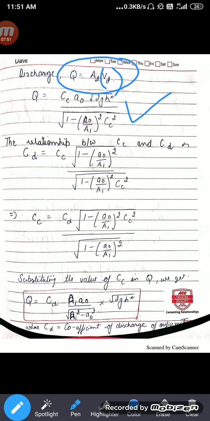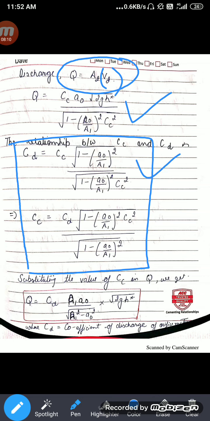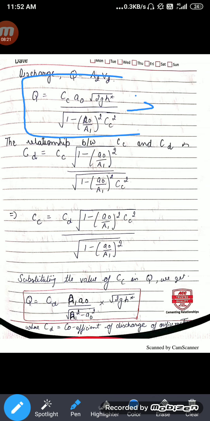And now one thing you have to remember is the formula in terms of coefficient of discharge. In numericals, in most cases CD value is given and not Cc. So you have to remember this relation between CD and Cc. If you remember this, then substitute the value of Cc, in terms of CD, in this discharge equation. And you can finally obtain the rate of flow of discharge through an orifice meter as this one.